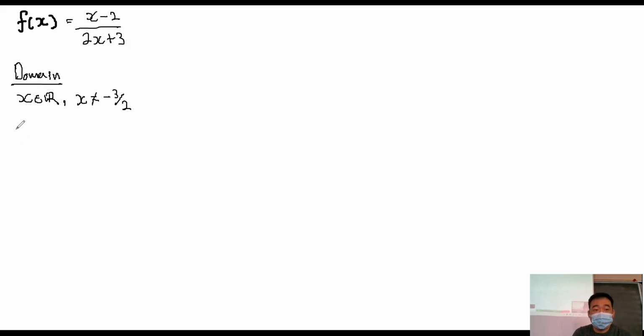Next part, I like to do intercepts because that is pretty straightforward and I don't have to worry too much. Let's do the easiest one. I'm going to do the y-intercept, which means x equals 0. Well, if x equals 0, what is f of 0? 0 minus 2, and then 0 plus 3. There you go. The y-intercept is